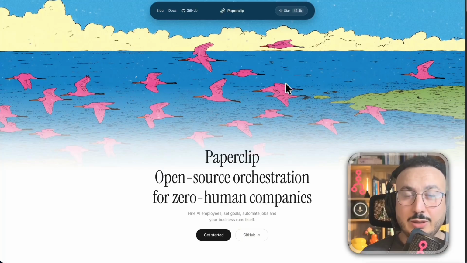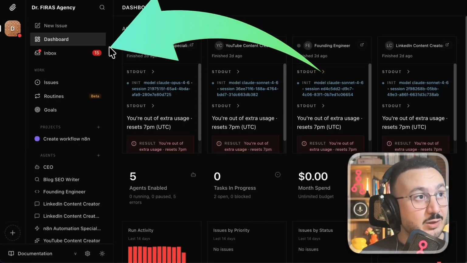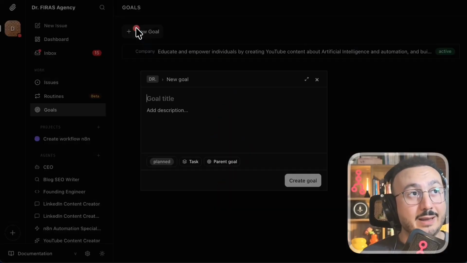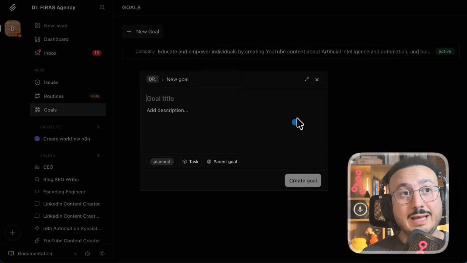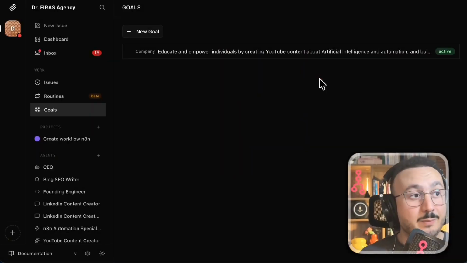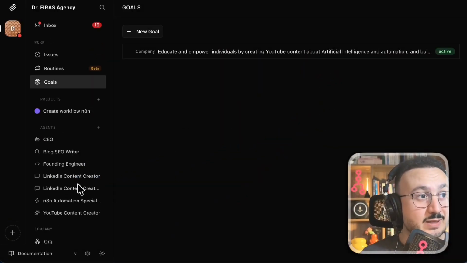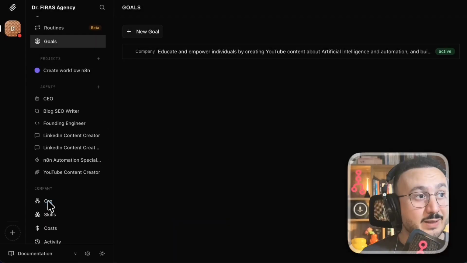So now we'd like to understand what's inside Paperclip. Paperclip, quite simply, if I go here, I set it an objective. I give it, there you go, I want an objective. I create an objective here, and it's actually up to it to do what's necessary. But what's very interesting is that there's what we call my organization, my company. So if I scroll down here a little bit, look, there's the company.